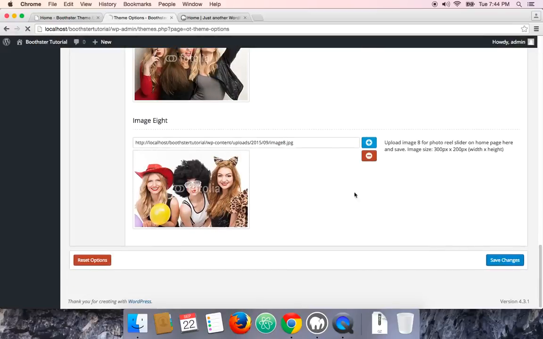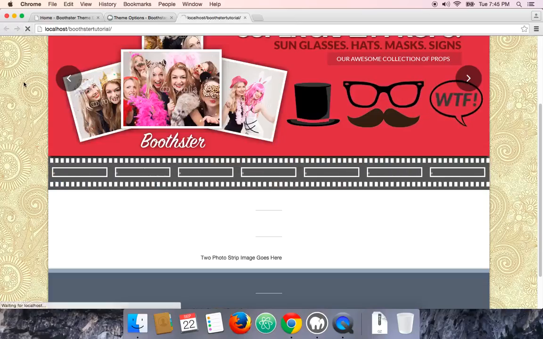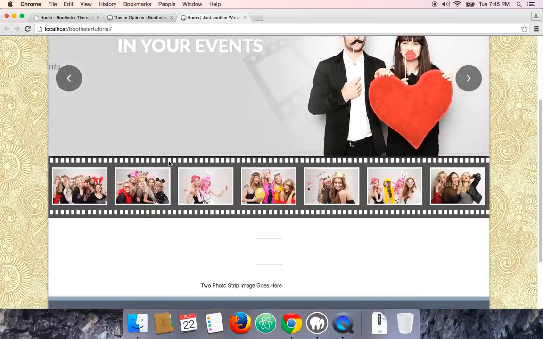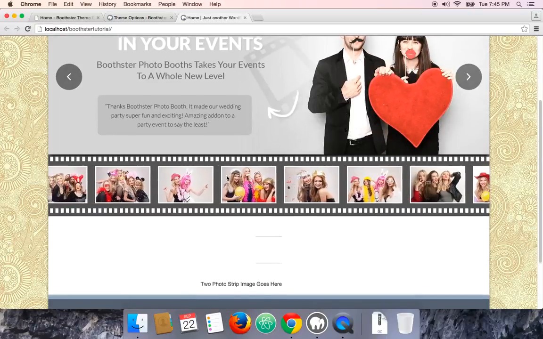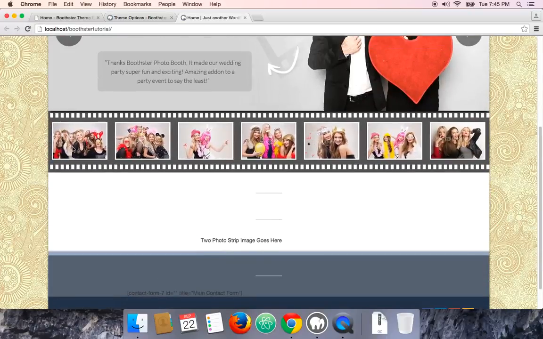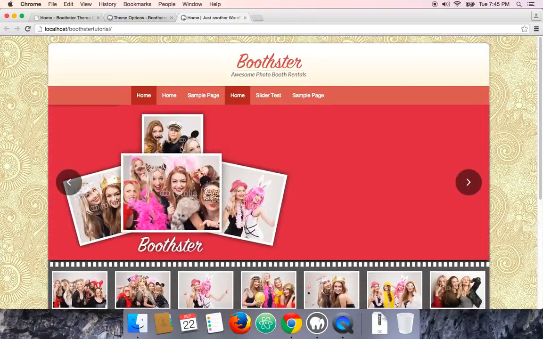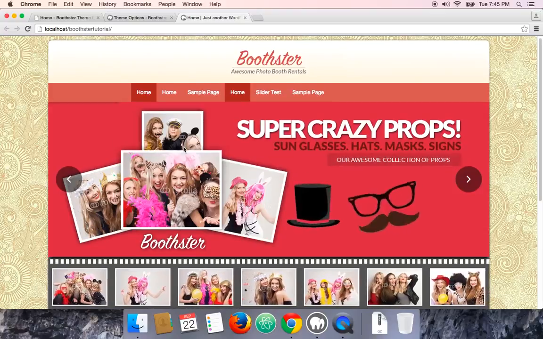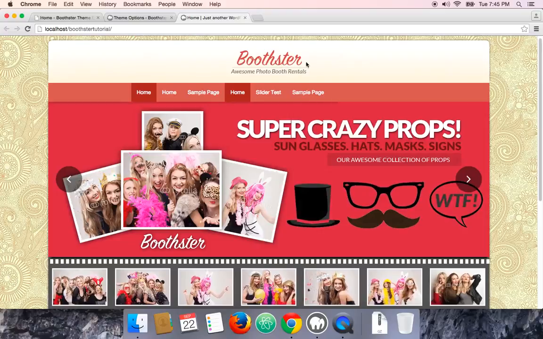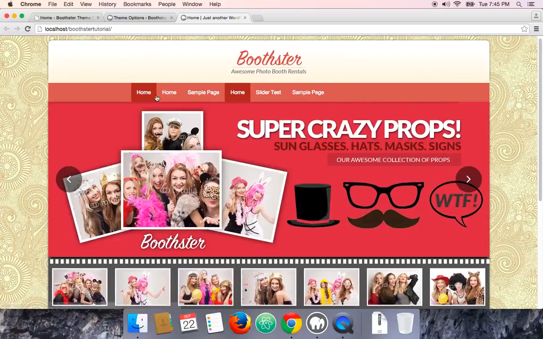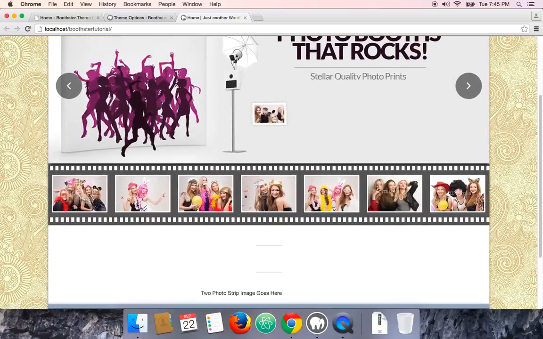We can just click on save changes and the reel slider should be showing all these uploaded images. Alright, so you can see on this updated page the reel slider is working just fine now, and it is moving to the right and left side. Okay, so in this tutorial we have learned uploading the logo file over here, setting up the menu section here, the revolution slider over here, and the reel slider.